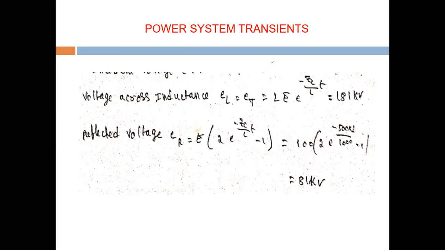We also have another topic, that is attenuation and distortion. This is a very important topic related to transients. What is meant by attenuation and what is meant by distortion will all be discussed in the next class, tomorrow's class. That is the types of transients: single energy transients and double energy transients.